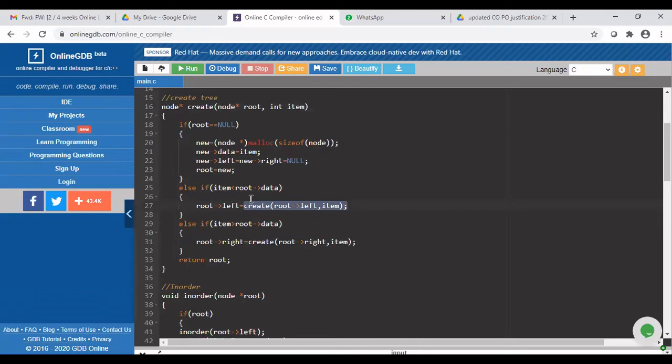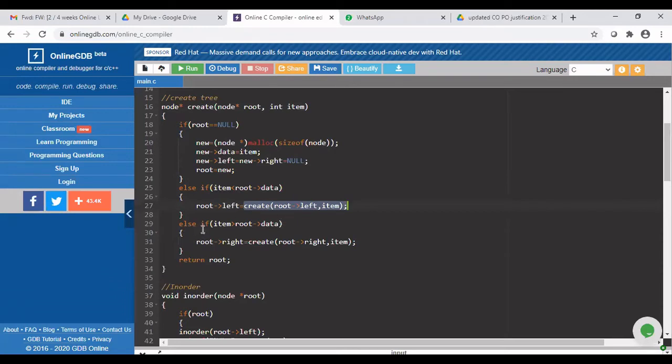So now what you're going to do is you are going to now insert the new node as the left child of the root node. Root node in the sense the root node of that particular subtree. Because in every iteration we are reducing to a subtree. So once you find the proper position in that particular subtree, you are going to insert the new node as a left child. So I am writing root arrow left is equal to this particular address. I have to update that address in the pointer. Left child pointer I have to update. So I am writing this.